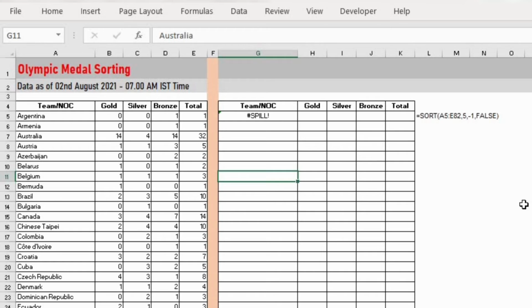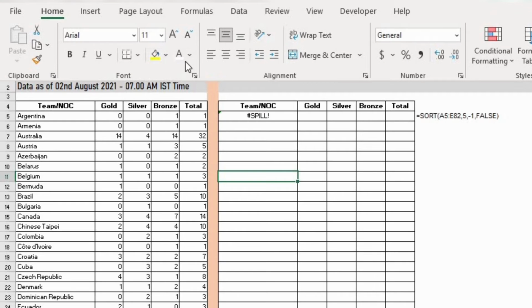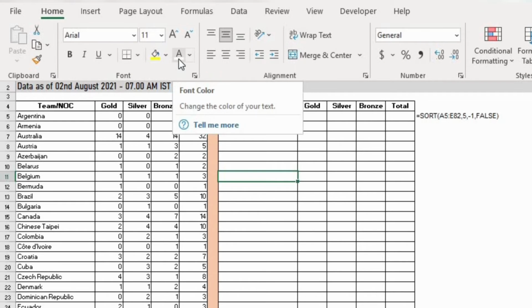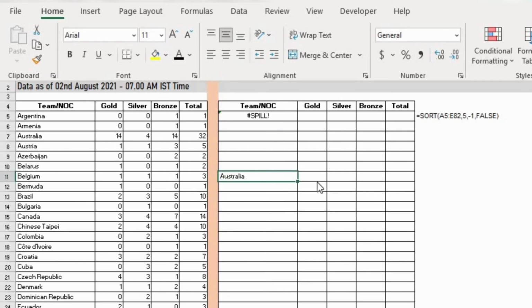Here, if you look, there is Australia, but you can't see the font. It's in white font. So now we are changing it to black. Now it is visible. Now we are going to delete the data, but still it throws an error. That means some of the content is hidden here.